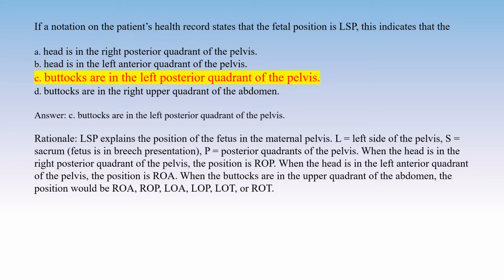When the head is in the right posterior quadrant of the pelvis, the position is ROP. When the head is in the left anterior quadrant of the pelvis, the position is ROA. When the buttocks are in the upper quadrant of the abdomen, the position would be ROA, ROP, LOA, LOP, LOT,